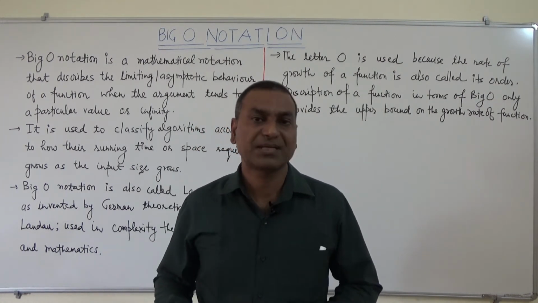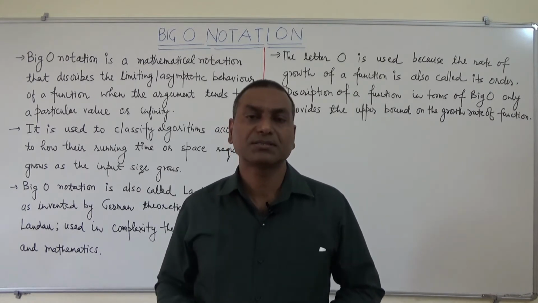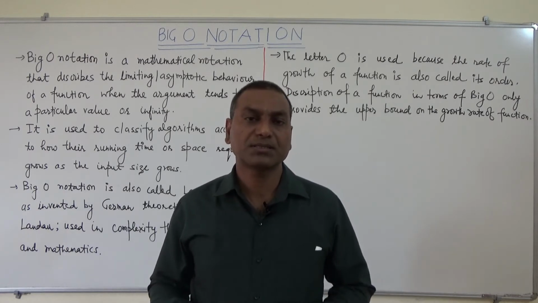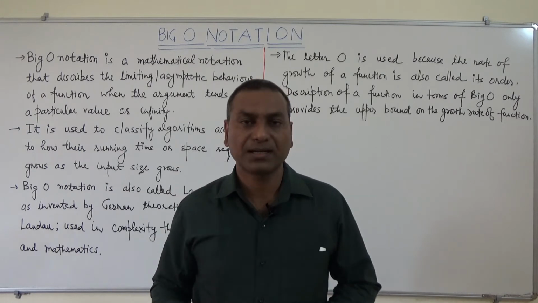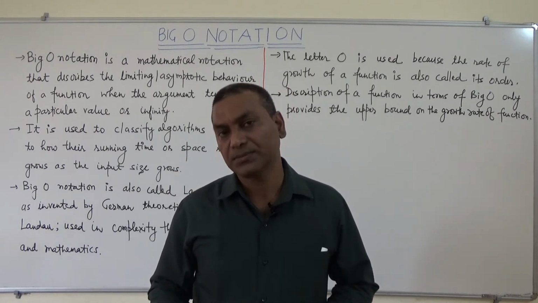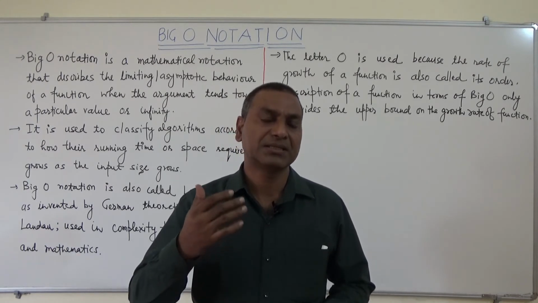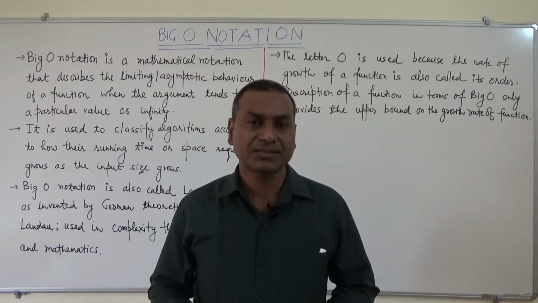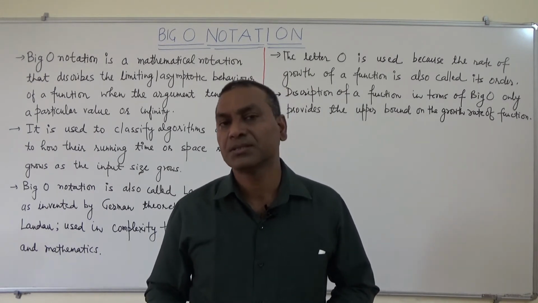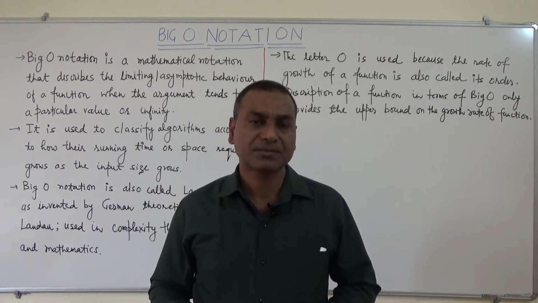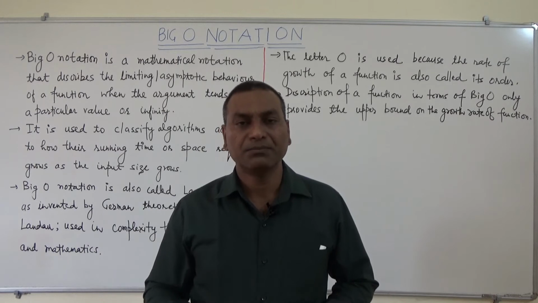Today I am going to explain the big O notation. Big O notation is very important in computer science because on the basis of big O notation we normally calculate the running time complexity of any algorithm. This big O notation is a concept of mathematics that gives the asymptotic behavior of any function. This video covers the basic definition and basic concept of the big O notation.